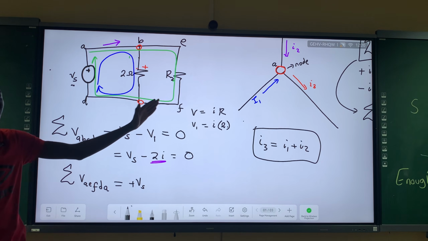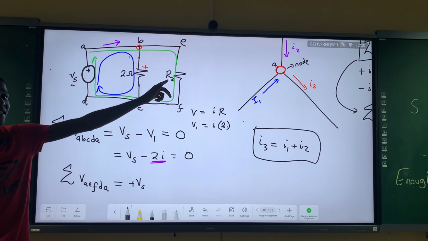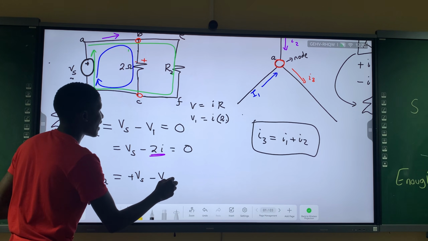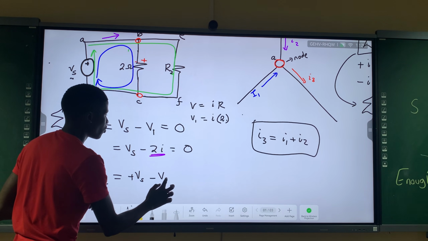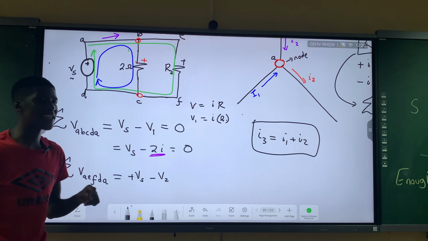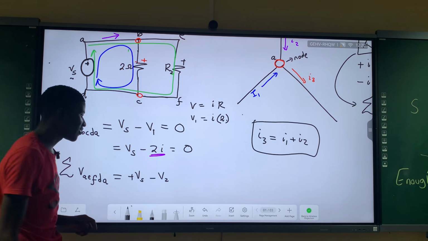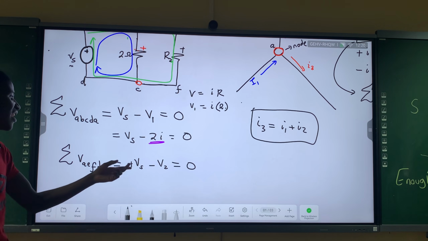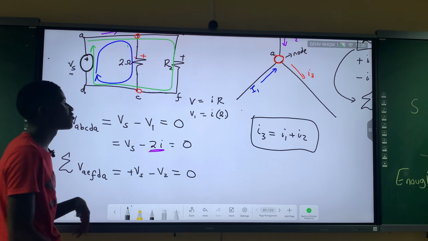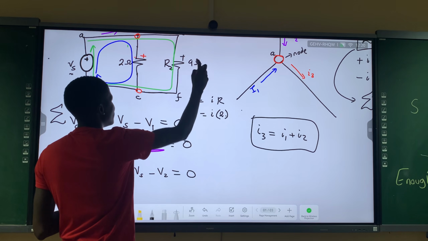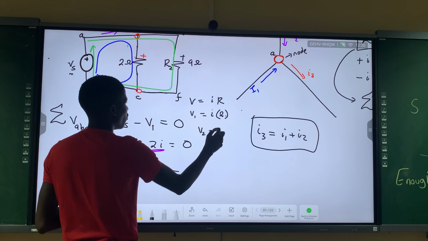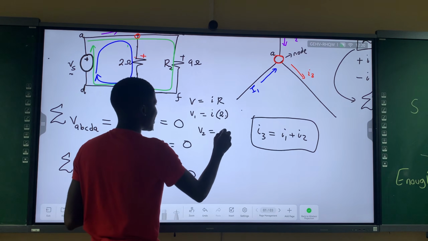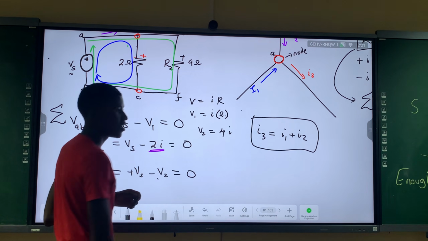Which other component is there? The resistor, resistor 2, I mean. So we're going to say this is minus the voltage across resistor 2. Across resistor 2. So Vs minus V2 there must give us 0. And automatically, if you are given the resistance of resistor 2, say this resistor is 4 ohms, you can just say the voltage across this 4 ohm resistor will be the resistance, which is 4, times the current.